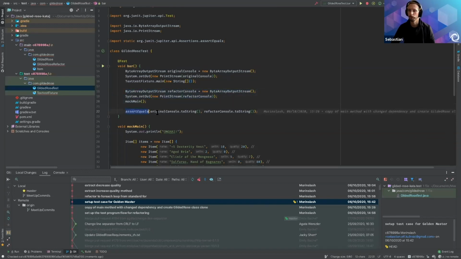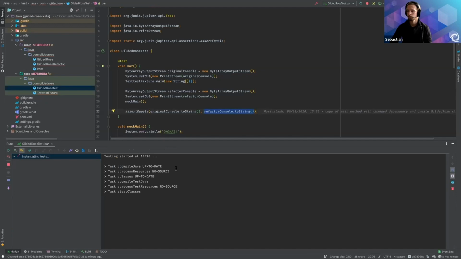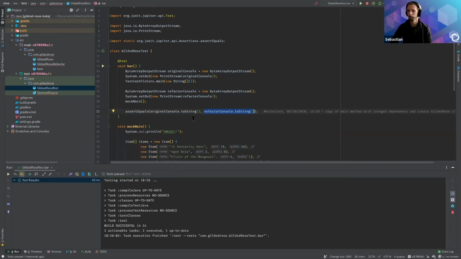And I'm asserting that both outputs are equal. So this is basically setting up the golden master for the situation I have right now. And running this test shows me that everything is proper. I got green, all good.